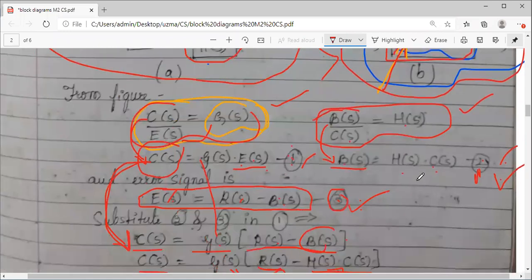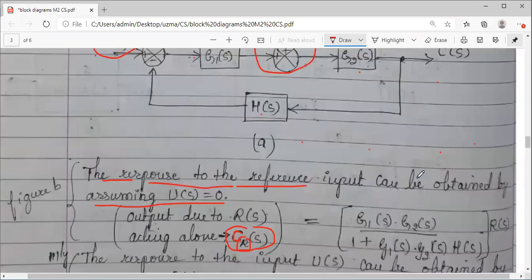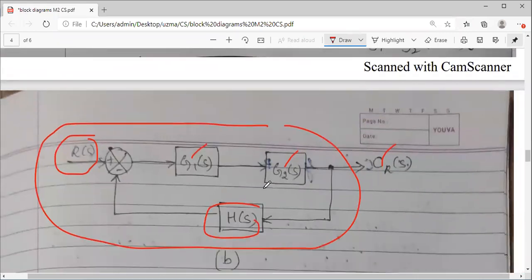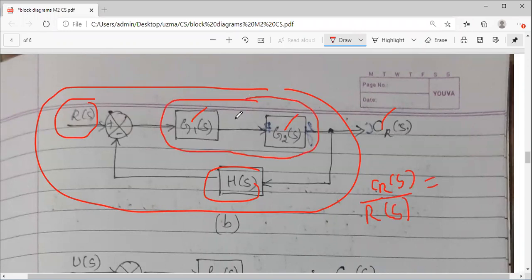Okay. So similarly, let us try to write the transfer function directly. You can analyze the system step by step, as we did in the earlier case, but let us try to write the equation directly. How can I get output by input? Output is CR of S divided by input, that is your transfer function, is equal to, what is the transfer function in the forward path? G1 and G2. In your next concept, we will be discussing block diagram reduction. You will learn about this.